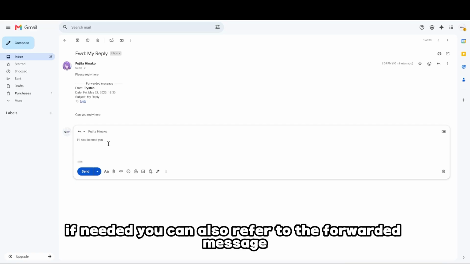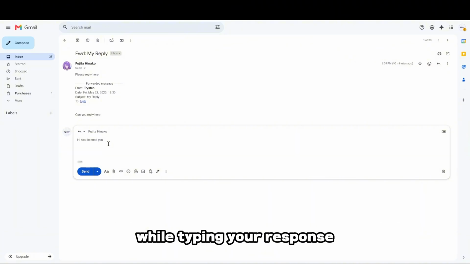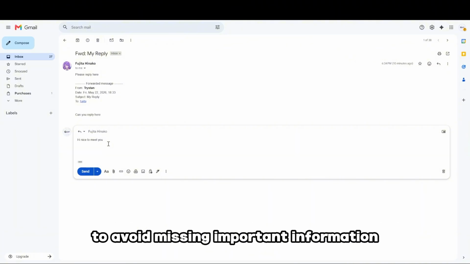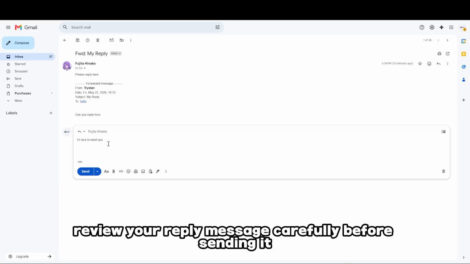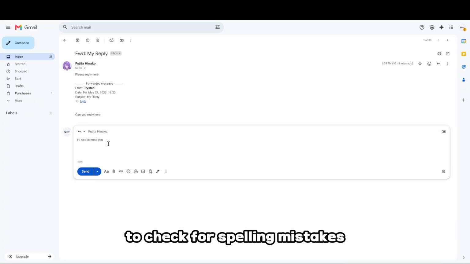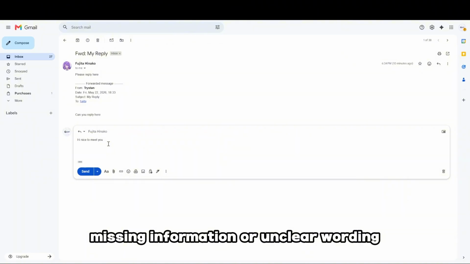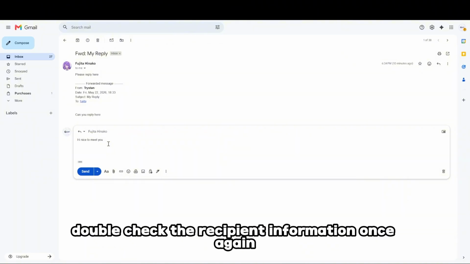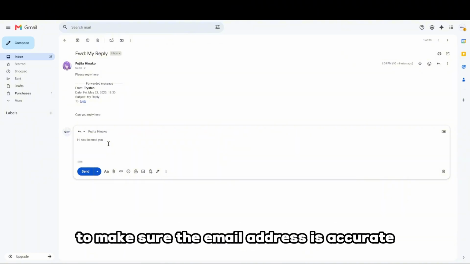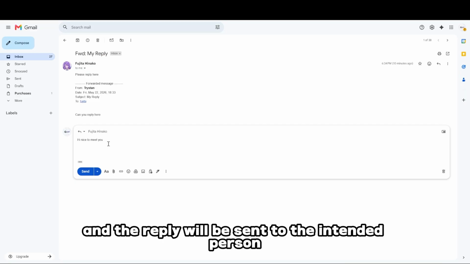If needed, you can also refer to the forwarded message while typing your response to avoid missing important information. Review your reply message carefully before sending it to check for spelling mistakes, missing information, or unclear wording. Double-check the recipient information once again to make sure the email address is accurate and the reply will be sent